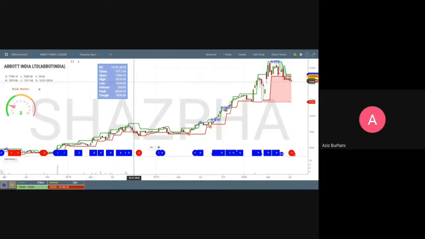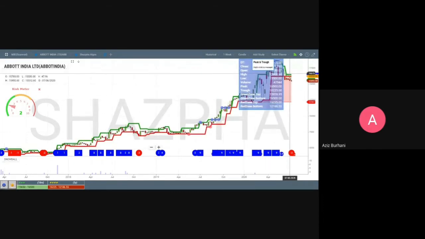for them, sometimes they are not able to make up their mind whether they should exit at break trough, or they have a long term horizon. They think that this stock I should have in my portfolio, and I don't want to exit at this point in time. You think that this is just a correction, and you have that belief that this stock will go up. So Abbott is a very good example. It is an excellent example that we have in front of us.